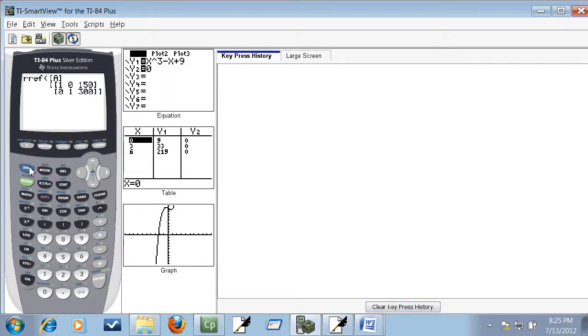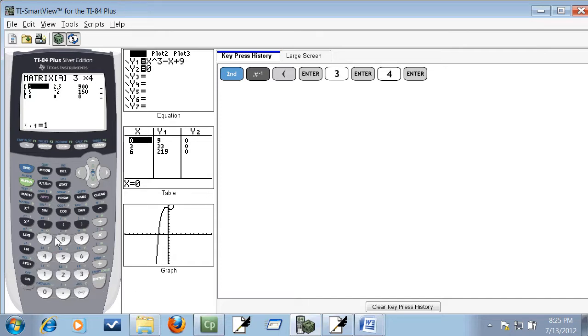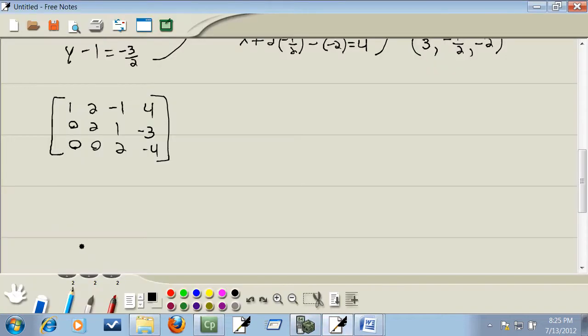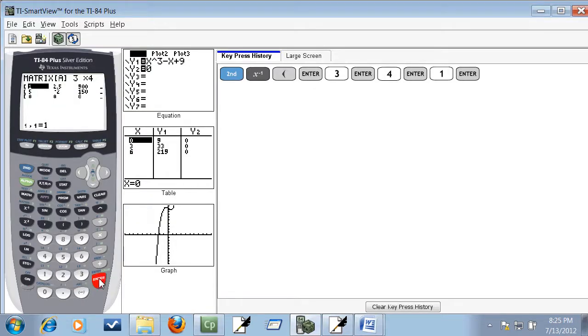So I'm going to do a second x and -1, go to my matrix menu. On a T83, you just have a matrix menu. That's T83, not a T83 plus. We're going to go over to edit, so I left arrowed, and press enter on A. And then I'll do 3 enter and 4 enter. And I'll type in each number, pressing enter after each one. So 1 enter, 2 enter, -1 enter,